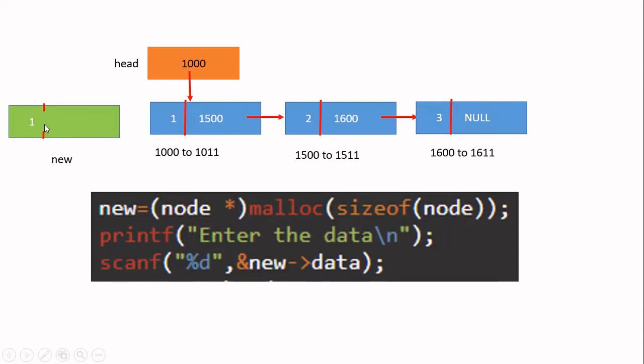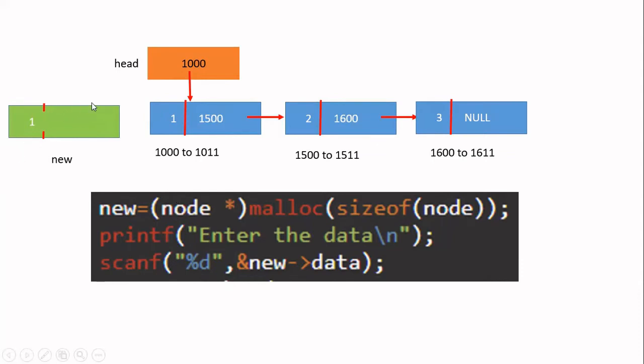So in insert, what you will be doing is, first you will allocate memory for the new node. It is again new node only. You allocate memory for that node. Second step, you get the value for the data field, that is 1 here. In third step, you add this node in the proper place. So 3 steps you have to do. So first step we will see now.